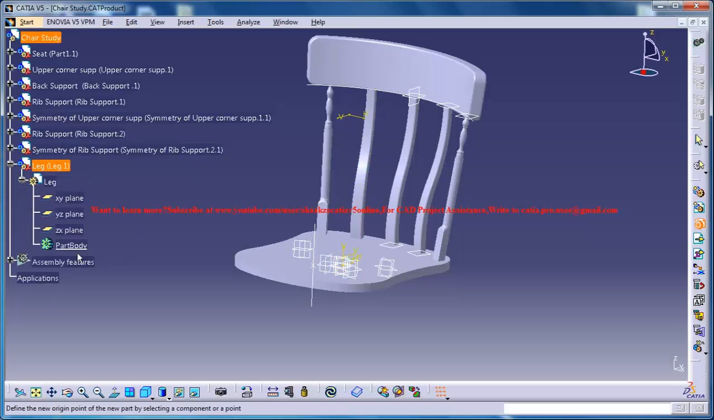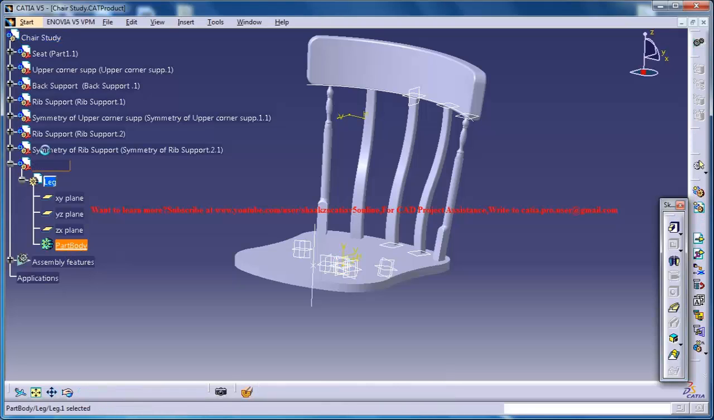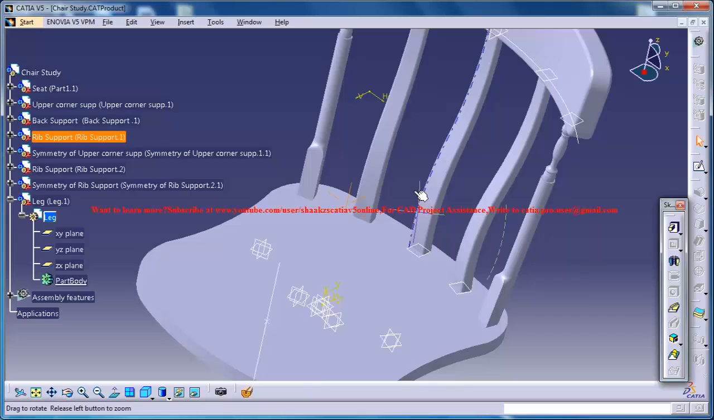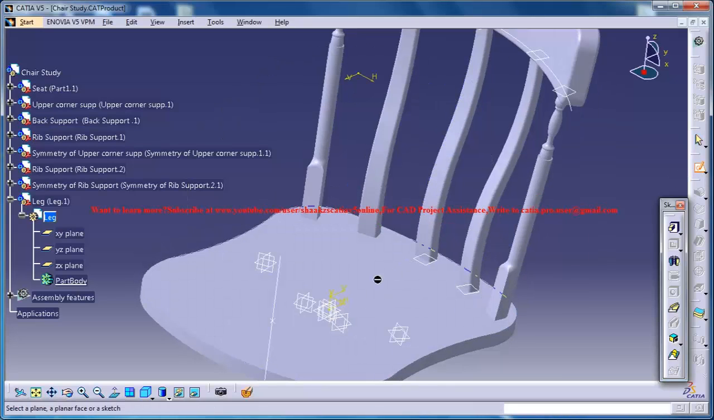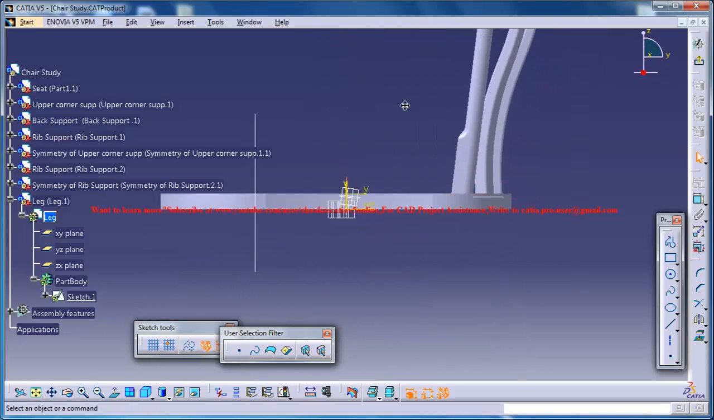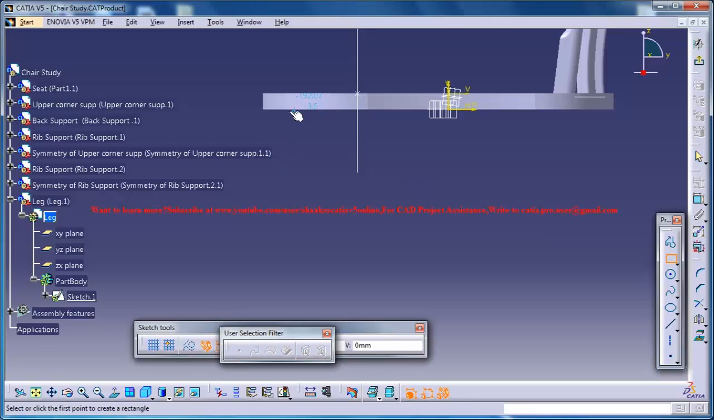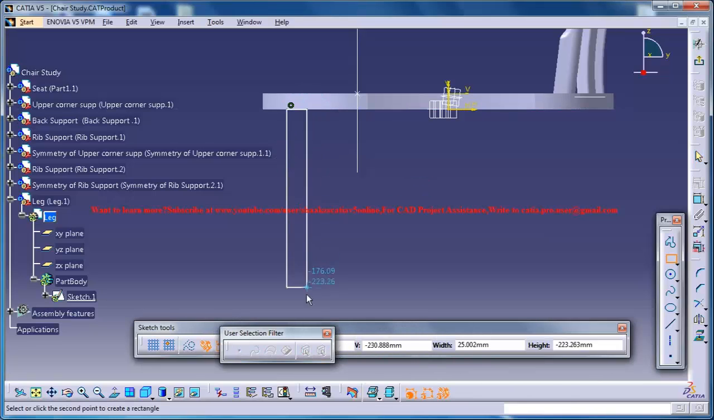And expand the leg and double click on the part body under the leg, and once you're in the part mode, rotate this and select the sketch and select the YZ plane, and then what you can do is create a rectangle